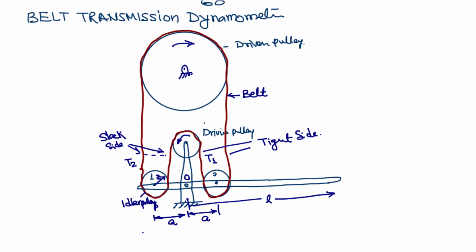When the belt transmits power, the lever tends to rotate in the counterclockwise direction due to the difference of tension on the tight and slack sides. To maintain its horizontal position, a weight is required. The weight to balance,